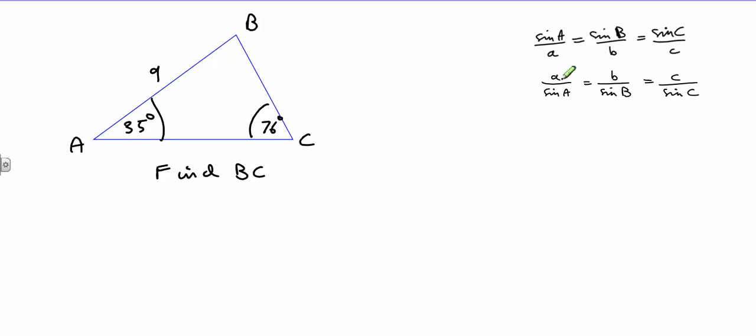When you want to find an angle, then it's simpler to use the first form of the equations, where the unknown, the angle, is in the numerator. But in this case, we'll use the second one. So we have a over sine A. Well, in this case, we want to find a, which is BC. So we'll have BC over sine